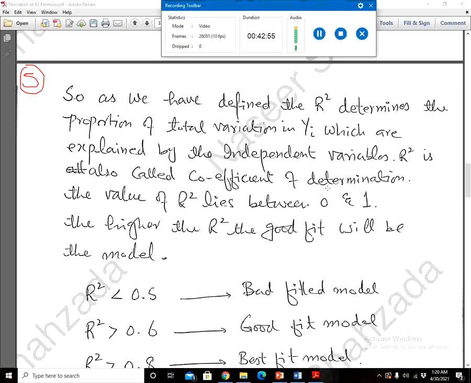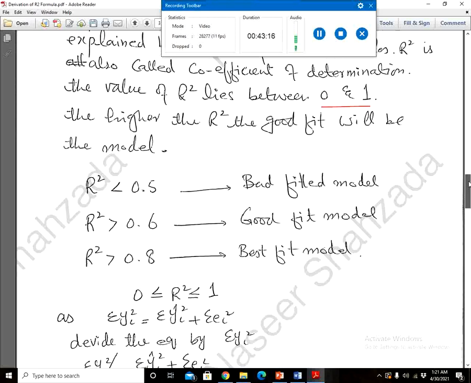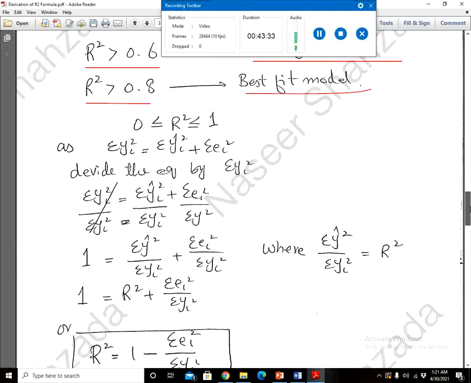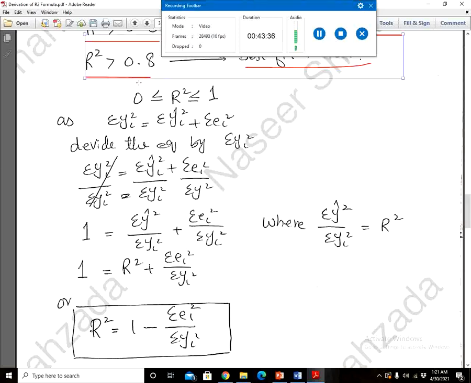As we have defined, R square determines the proportion of total variation in the dependent variable which is explained by the independent variable. R square is also called the coefficient of determination. The value of R square lies between 0 and 1, as we have previously studied. The higher the R square, the better the fit of the model. We have seen R square less than 0.5 is a bad fit model, and if R square is greater than 0.6, the model will be a good fit. If R square is greater than 0.8, the model will be a very good fit. Again we can say that the value of R square